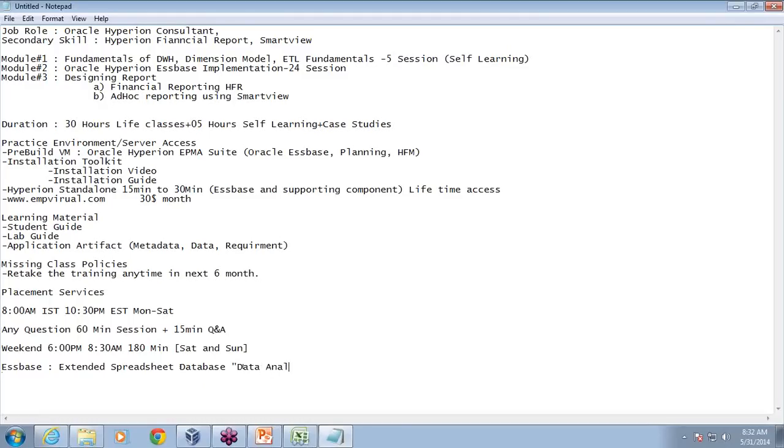It provides BI or data analytics while remaining in Excel. You can use all the BI functionality remaining in Excel.